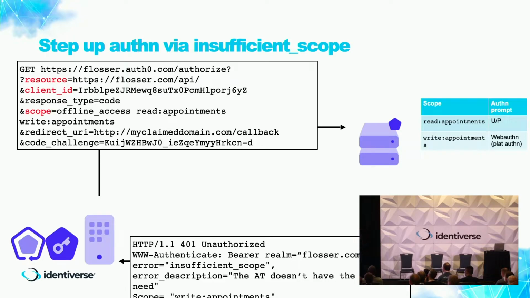But anyway, what happens is that now I'm asking for a different scope, and this is a statically defined policy. I can have a table. OAuth doesn't tell you how to do this, but this problem is conducive to the authorization server having literally a table that says, if you do read, username and password; if you do write, do WebAuthn, for example, but there might be other things. Like it might say, and this token lasts only 12 seconds. And so now if I get this new token and use it for everything, next time I try to do a read, I will be prompted again, which I don't want.